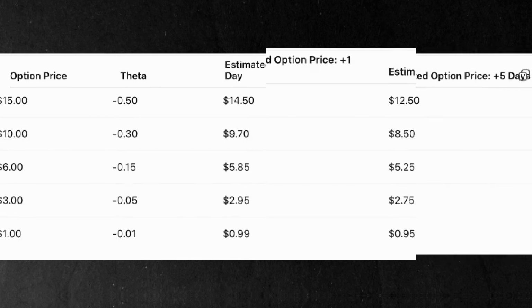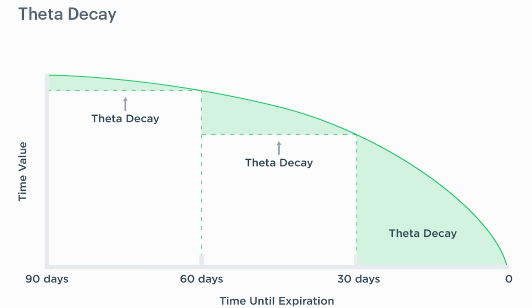But one thing I wanted to make clear is which options have the highest negative theta. If you're long options, at the money options have the highest theta because they have the most to lose. At the money options have the highest extrinsic value because it's not clear whether they're going to end up in the money and be valuable, or out of the money. Also, as options get closer to expiration, theta really starts to pick up and dig into the extrinsic value. So theta's really highest for options as you get closer to expiration.